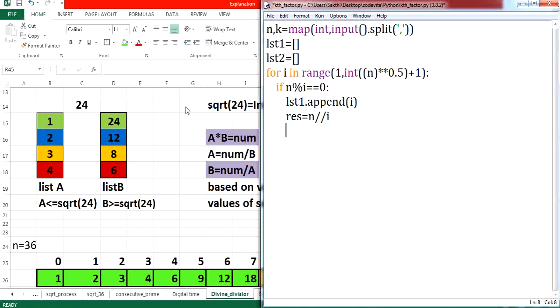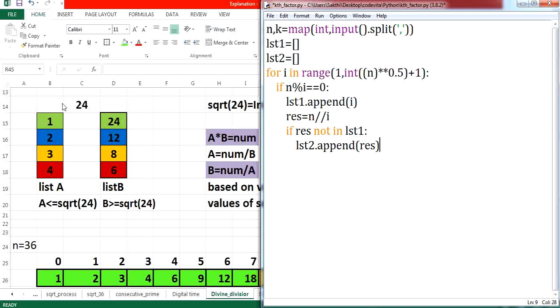After this, I told you about one of the important concerns. If the given number is a perfect square, I will have 6 at the end and 6 will be generated one more time. In order to avoid it, I will write one if condition here. If my result is not in list 1, I am supposed to insert the value into my list 2. Is that clear? Here insertion is done by using the append method. It is so simple. I am finding whether a value is a factor or not. If the particular number is a factor, by using this number, I am finding the corresponding value here.